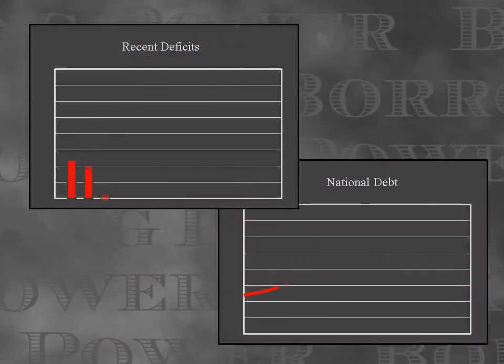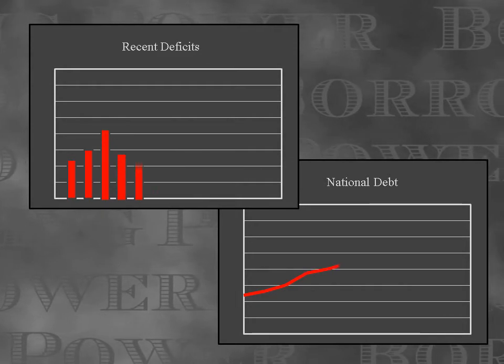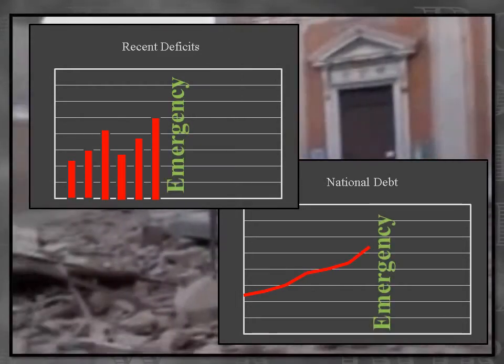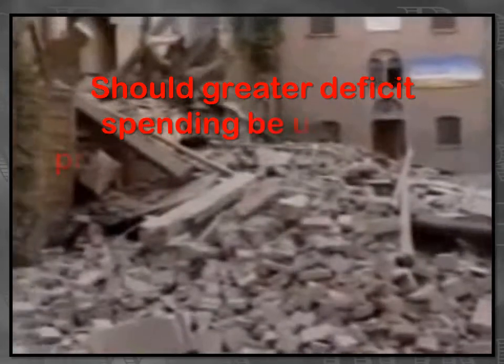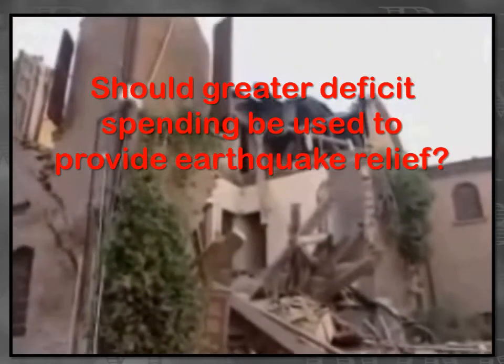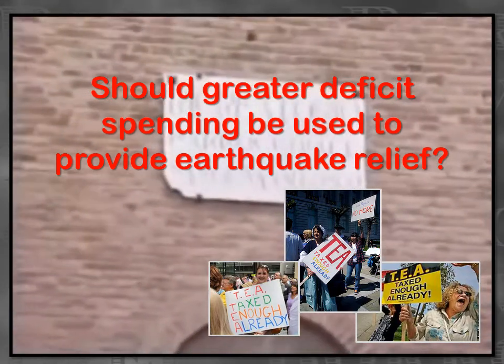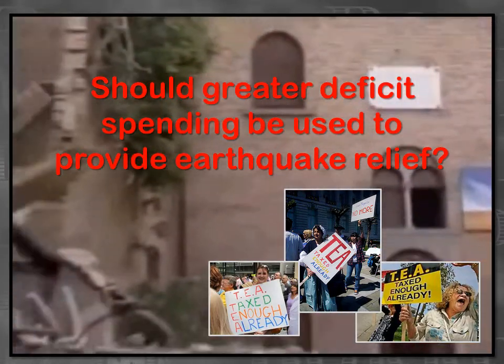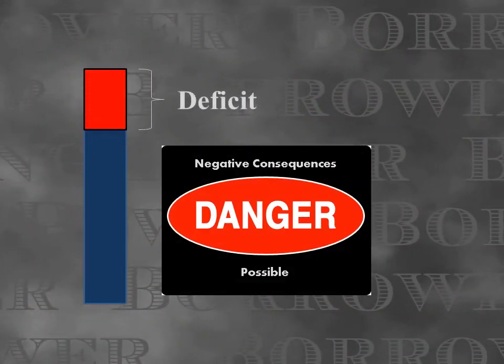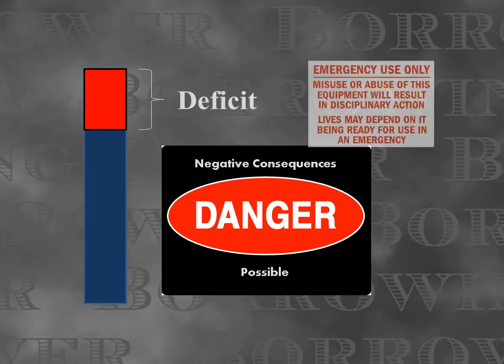Likewise, deficits which create a sizable debt make it difficult for the government to act in an emergency which requires extraordinary spending. There would likely be intense opposition to any action which would involve deficit spending because it would add to the existing debt. Because all deficits have negative consequences, deficit spending should be avoided and used only when absolutely necessary.